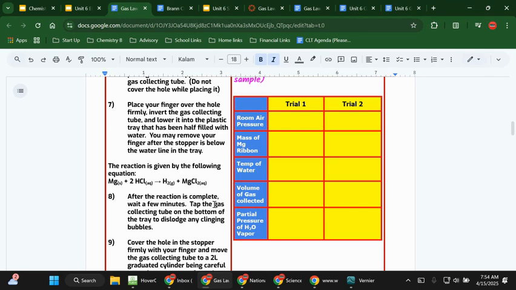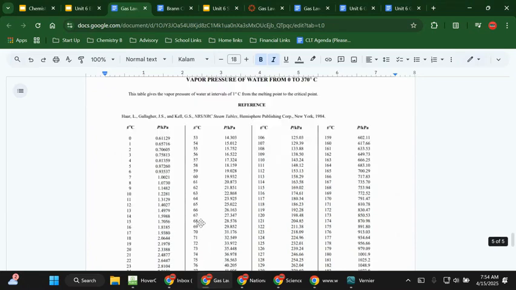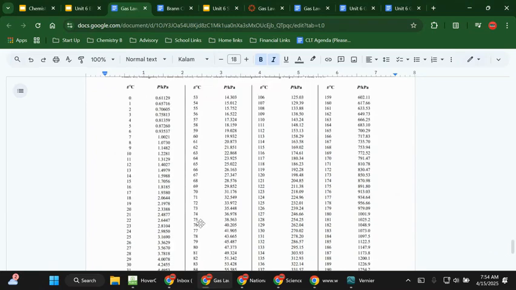Now, here is the unique thing about water when you bubble a gas through it. The amount of pressure it creates is based on the temperature of the water you use. So if you would, go to the last page of this lab. And there is a table there. Okay? Now, this table has temperatures. And then it has pressures. So whatever temperature your water was,